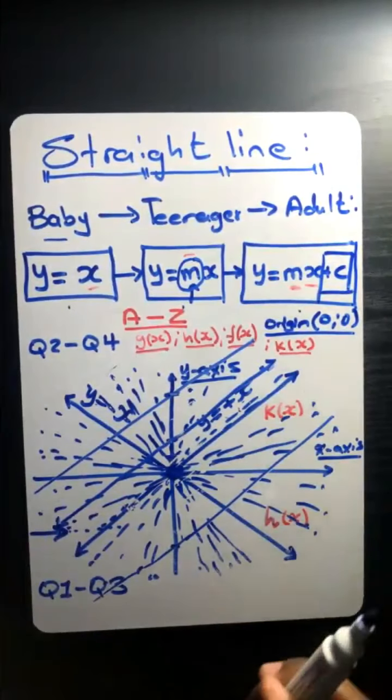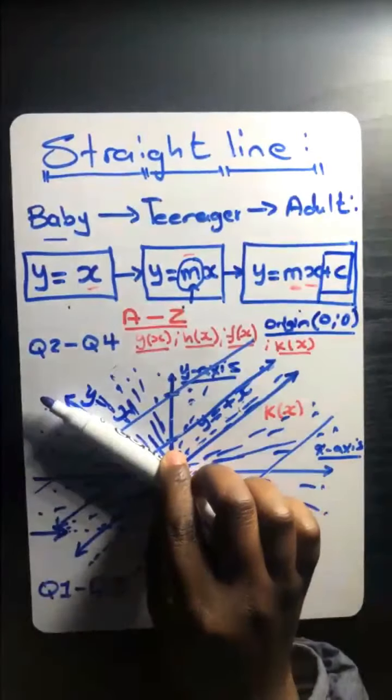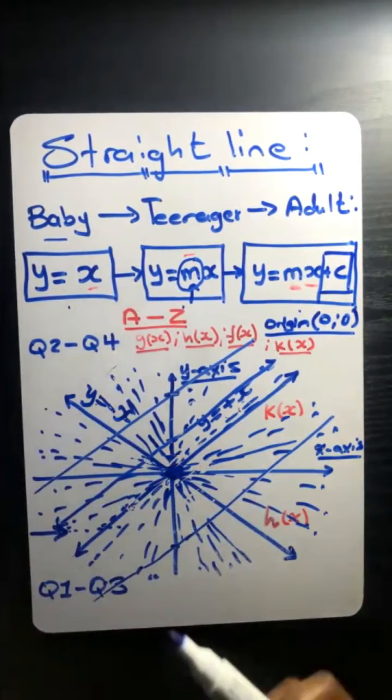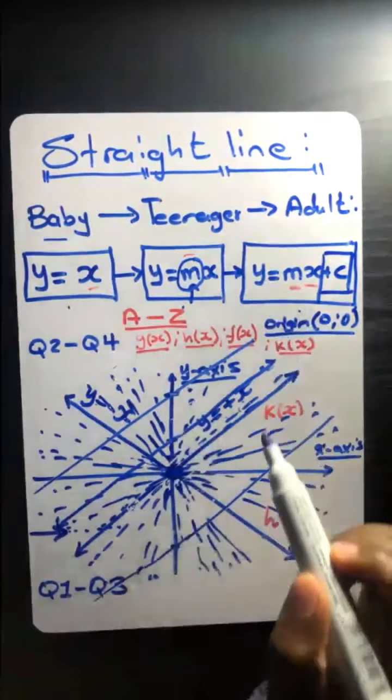Guys, the same applies for a straight line with a negative gradient. So if, for example, we now have, let's say, minus 4